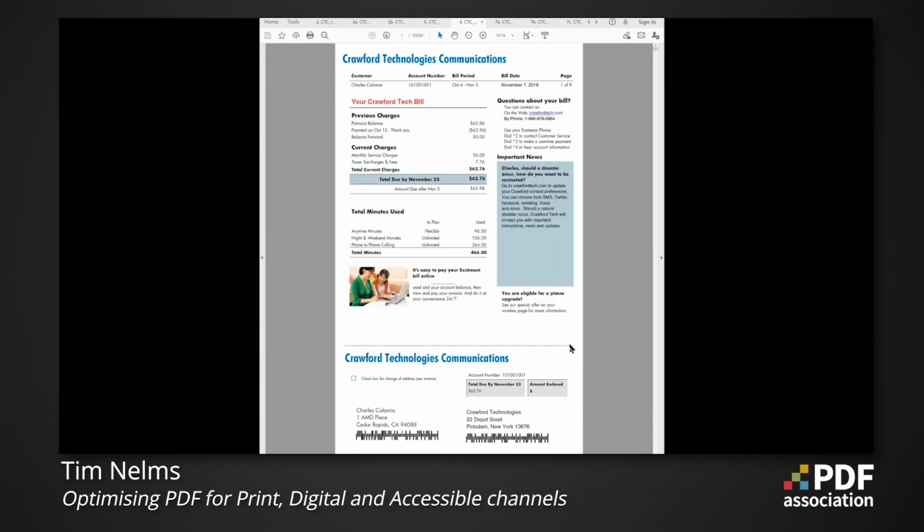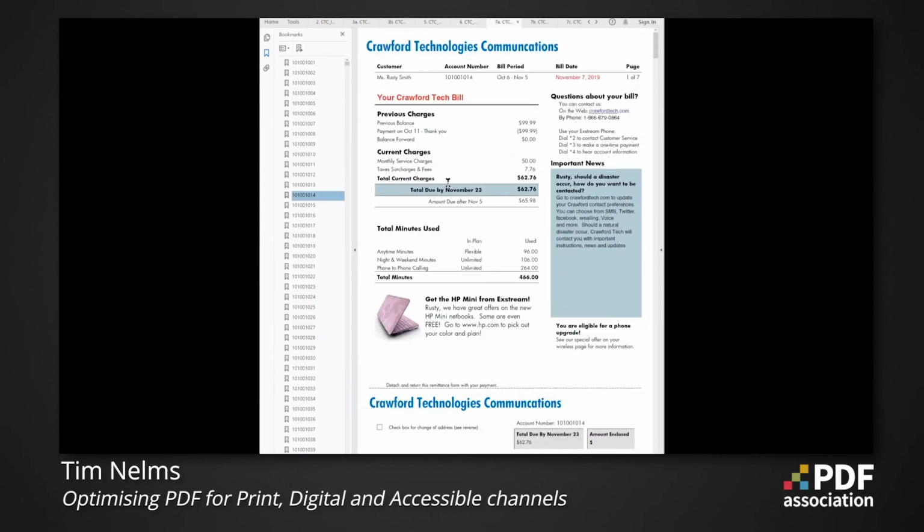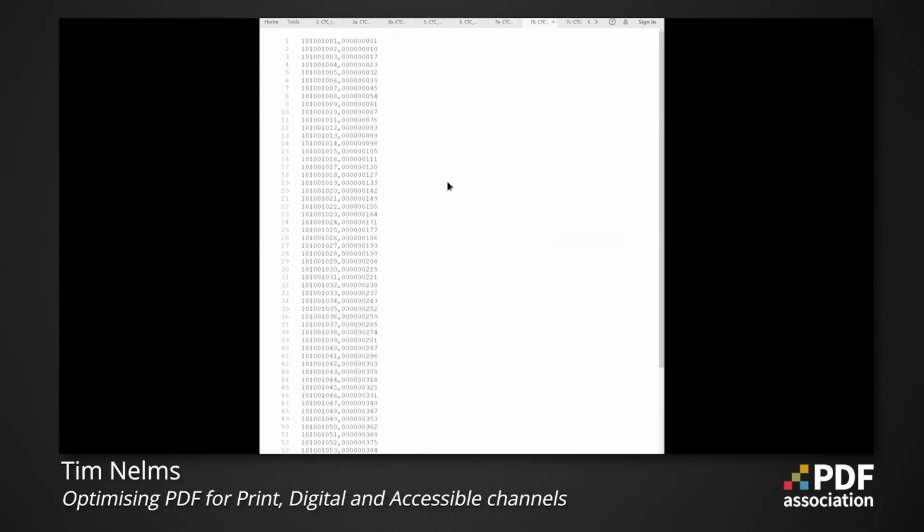Finding your way around these large files would be difficult, but fortunately the PDF standard defines a number of indexing techniques that make it easy for people and machines to navigate the files. The first is the PDF bookmark. This enables different sections to be jumped to quickly and easily. See how we instantly jump to the account ending in 1014. Basically, a bookmark is a label and a page number,